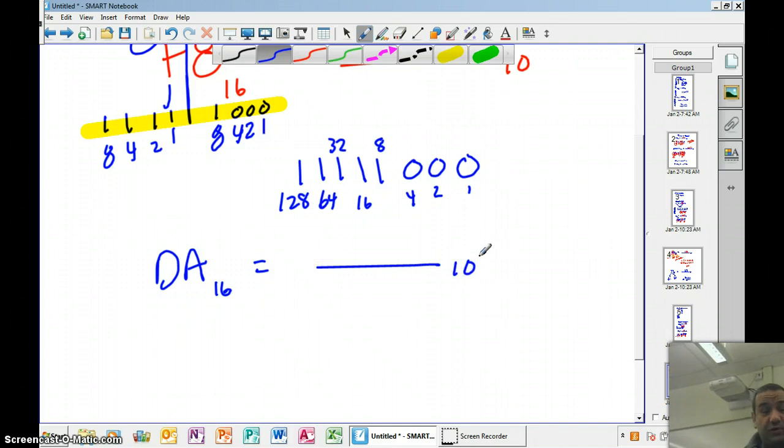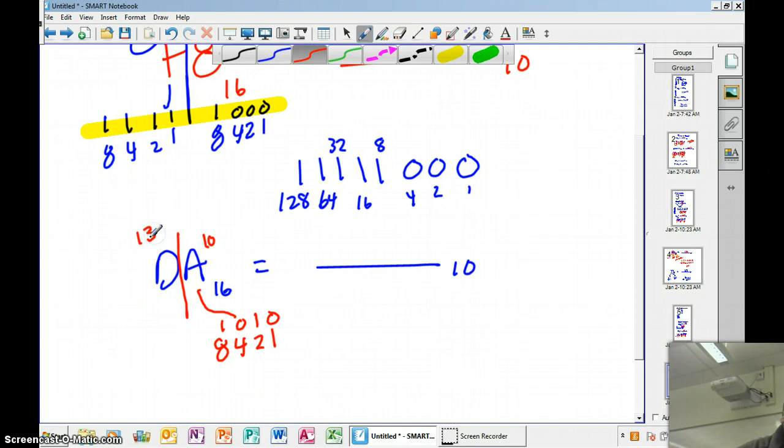Well, let's go to binary first. Okay, once again, break it up. A is 10, if you remember. So 10 in my Marashio table is going to be 8 and a 2. A is 10, B is 11, C is 12, D is 13. So to make 13 in my Marashio table, is 8, 4, and 1. So that's 13. Now